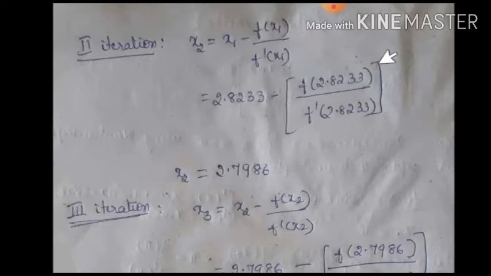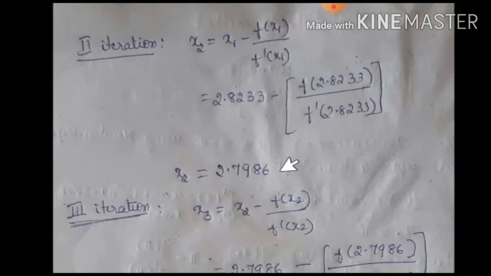In using calculator, directly function of x1 you substitute. What is the function? X sin x plus cos x. So 2.8233 into sin 2.8233 plus cos 2.8233 how to substitute. F dash function is x cos x. Substitute in the place of x 2.8233 and calculate whole thing together in a calculator. You get the answer